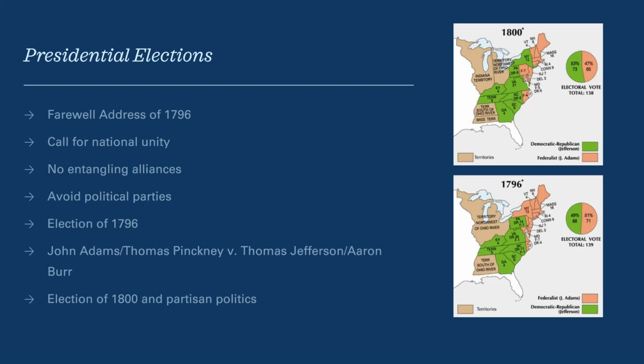Now, the election in 1796 pitted two different visions of the United States of America against each other. There was John Adams and his running mate, Thomas Pinckney, and they embodied the Hamiltonian view of the United States and the course that it should plot, one of a looser interpretation of the federal government, one that called for the federal government to support manufacturing, internal improvements, what we call today infrastructure, as well as the creation of institutions